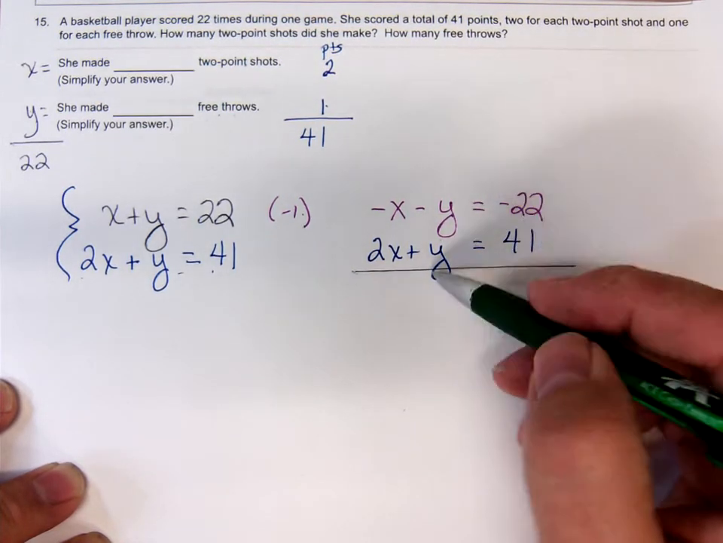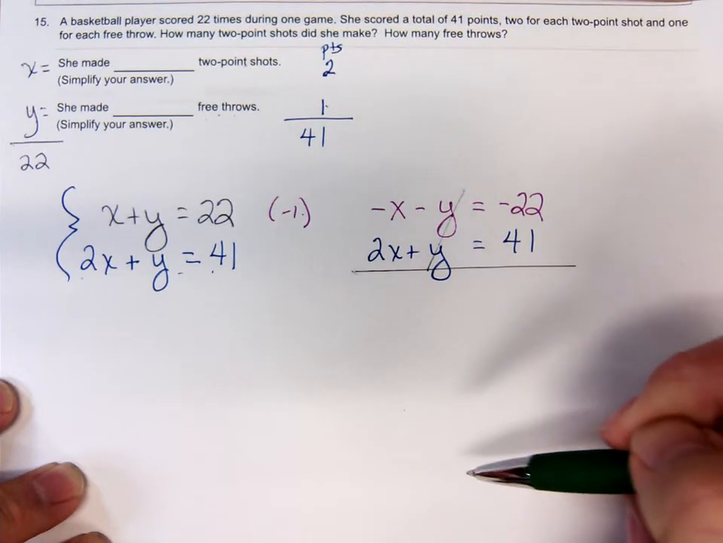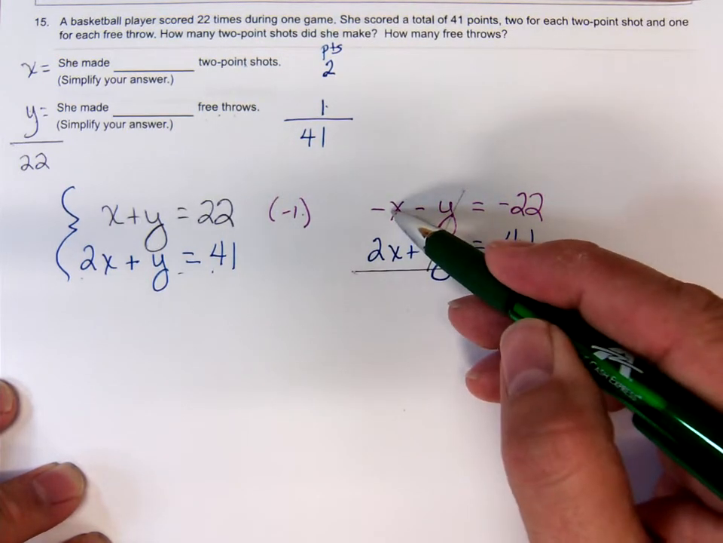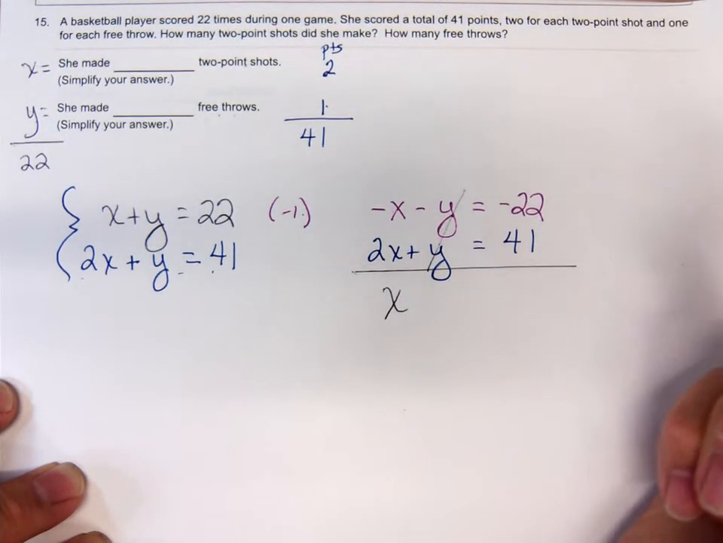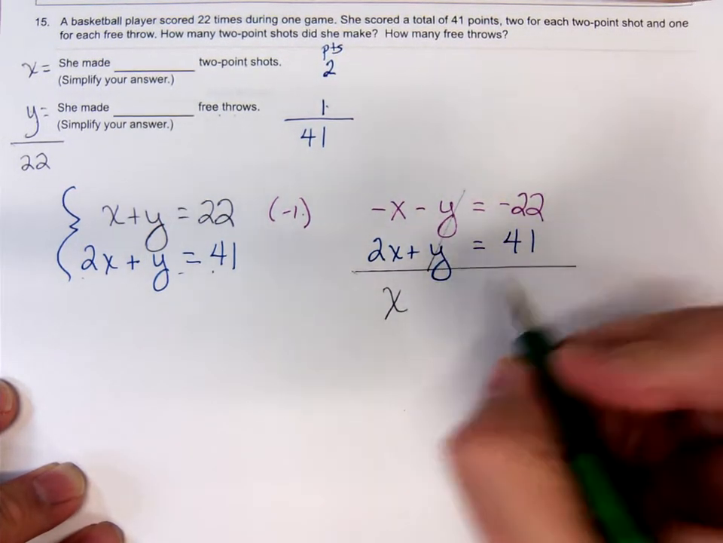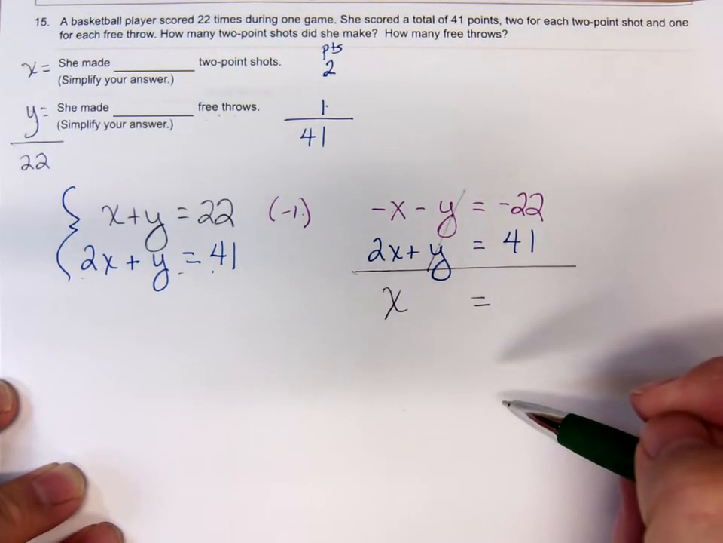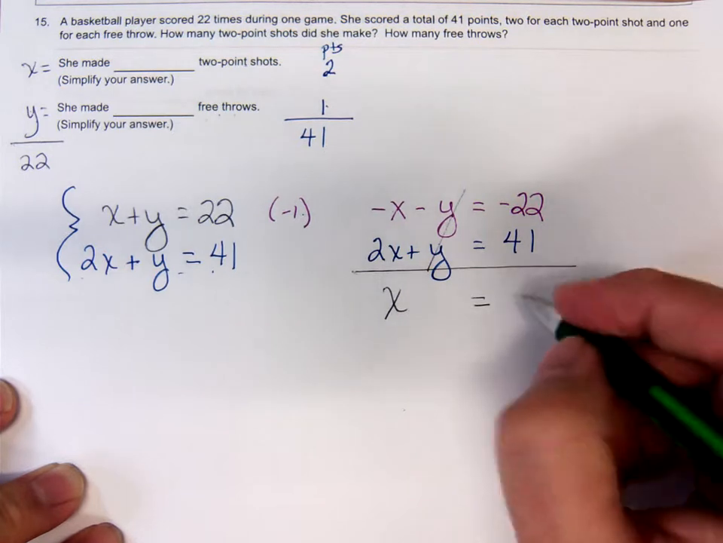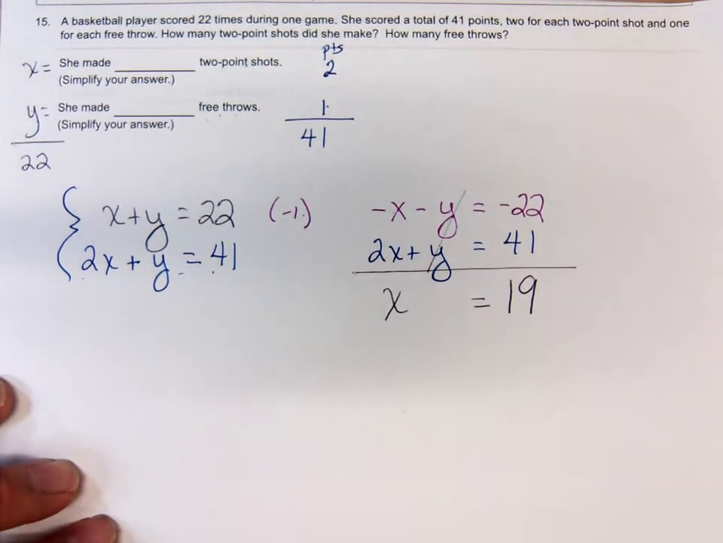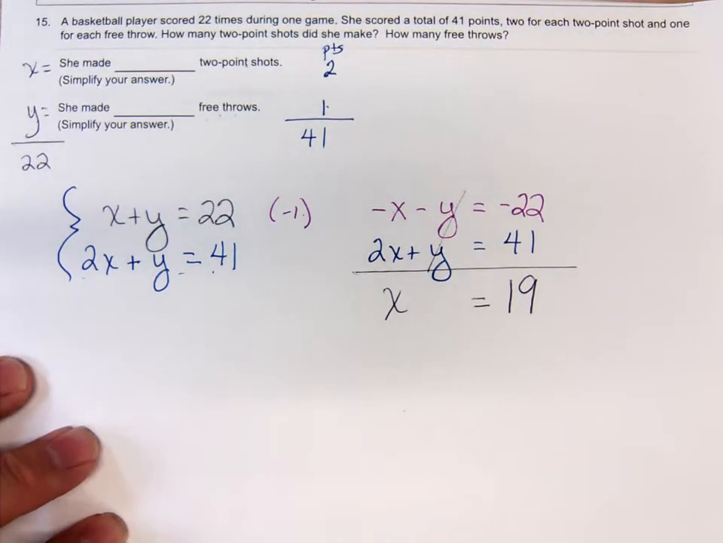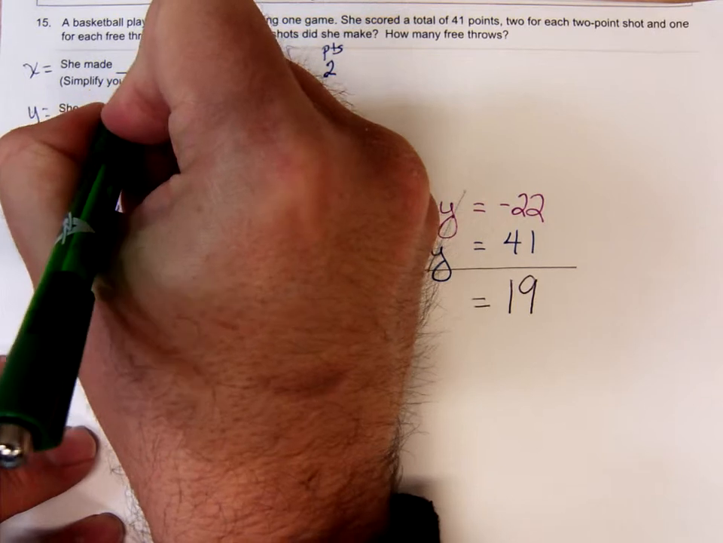Notice how the y's are being eliminated. Negative y plus y when we add vertically. Negative 1x plus 2x is a positive 1x equals negative 22 plus 41. What's that going to be? Is that a 19? So altogether, she made 19